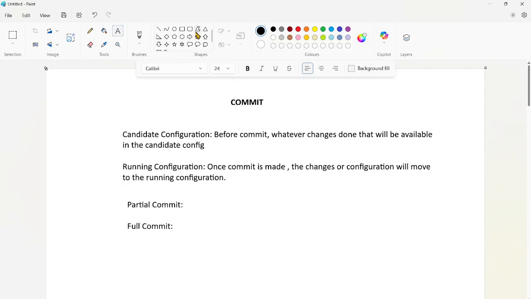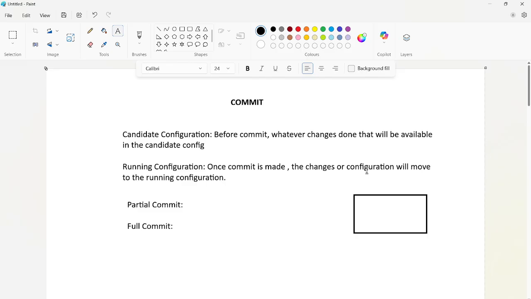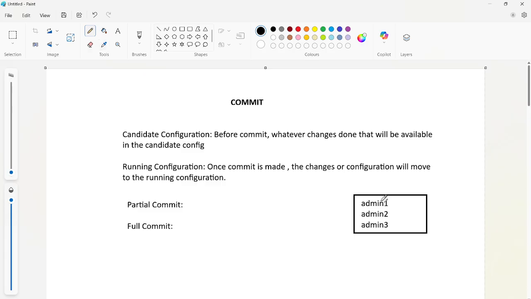Let's suppose we have a firewall in which we have created multiple admins: admin 1, admin 2, and admin 3. These three admins are super users.